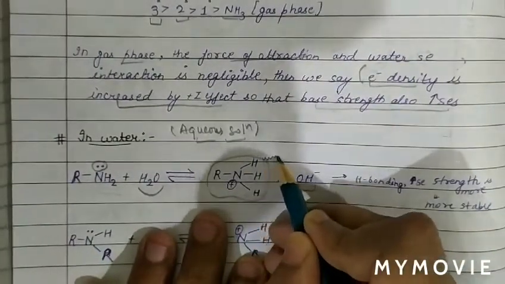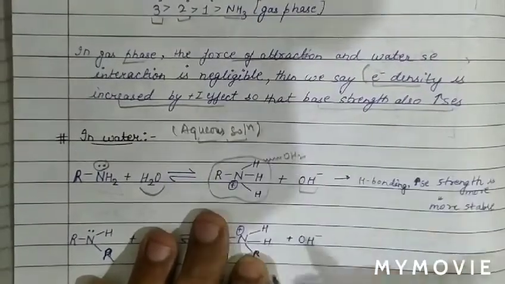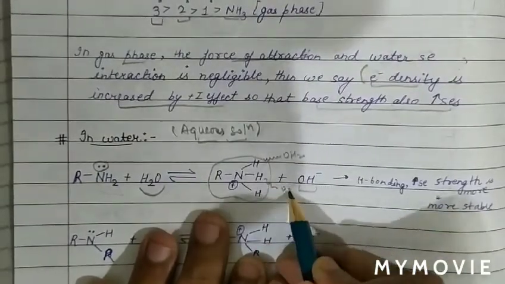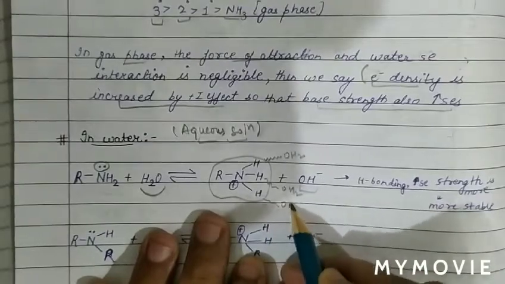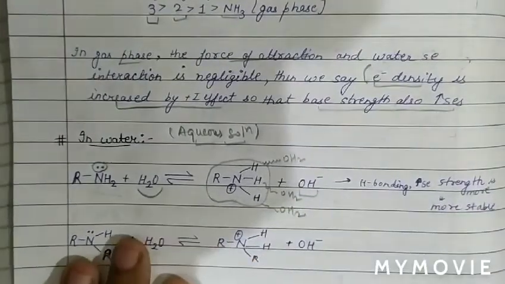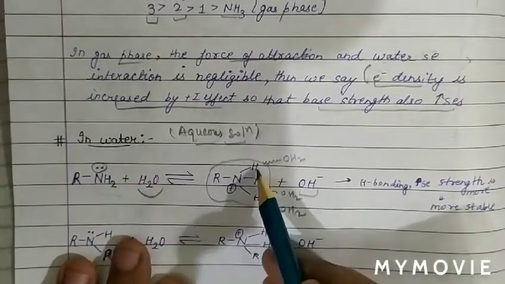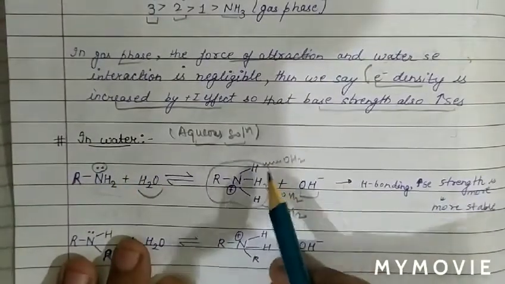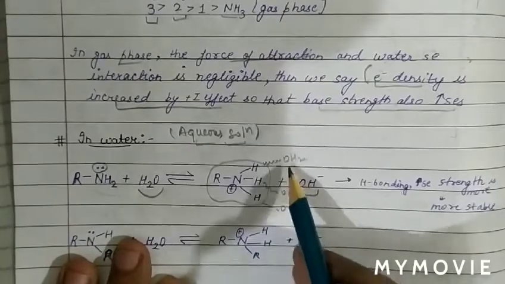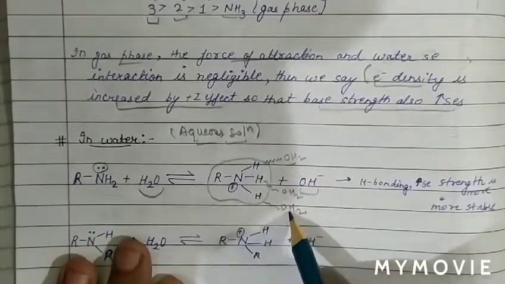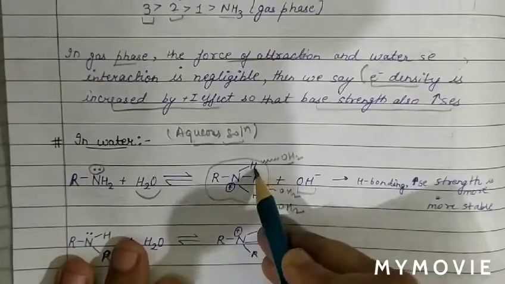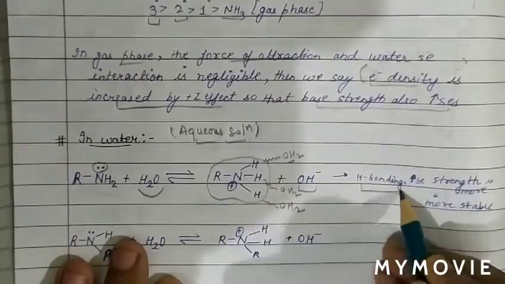So basically, the water molecule will form 3 hydrogen bonds with these hydrogens. In this case, we can see that after acceptance of a proton, it has 3 hydrogen atoms. These hydrogen atoms can form 3 hydrogen bonds with water molecules. As we can see, more hydrogens mean more hydrogen bonding.